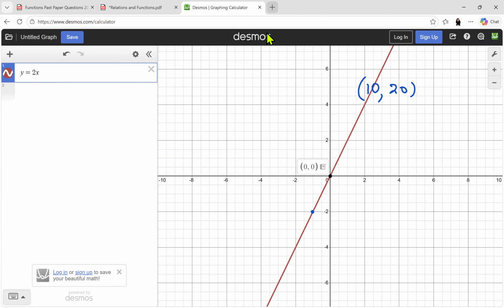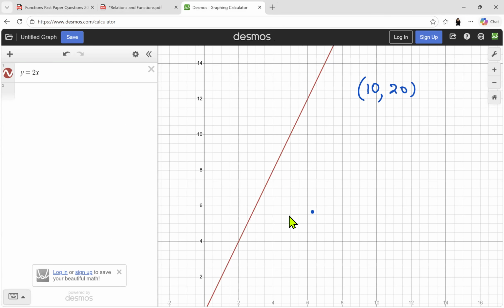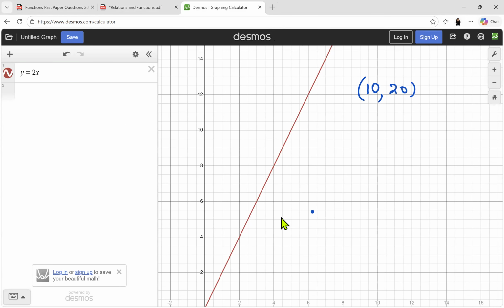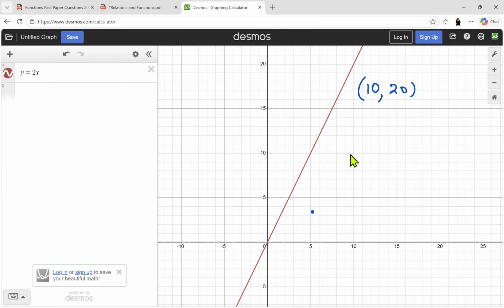So let's find 10, 20. So when x is 10, let me zoom out a little bit. When x is 10, look, y is